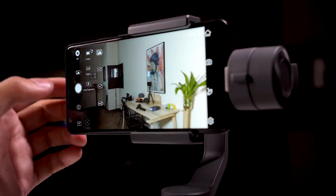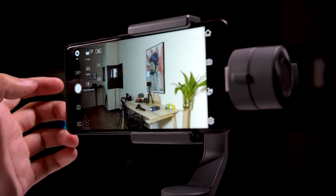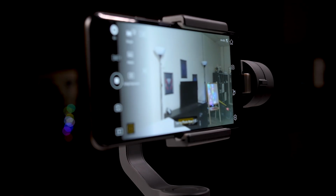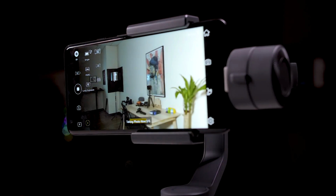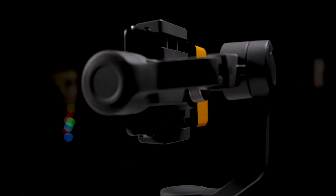So when it works, the app is actually the best way of getting the most out of the Osmo Mobile 2. Not only does it trigger all of the different controls that you can use, but the app itself has a lot of great features. You have a couple of features for photos, including an automatic panorama mode that moves the gimbal around in order to get a perfect panorama shot. And of course, you have manual controls,